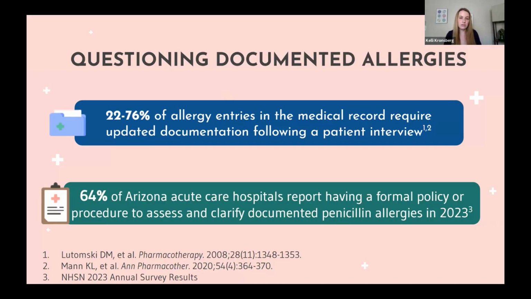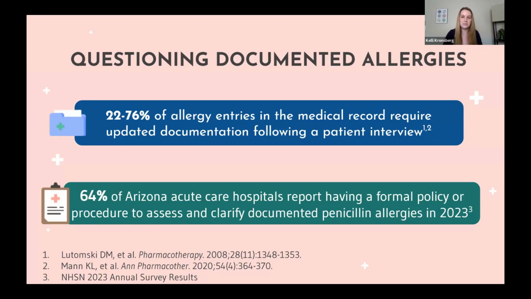And in 2023, 64% of Arizona acute care hospitals report having a formal policy or procedure to assess and clarify documented penicillin allergies, which is above the national average. That was 53% for 2023. But I'd really love to see us closer to 100% because this is so accessible and can be so meaningful